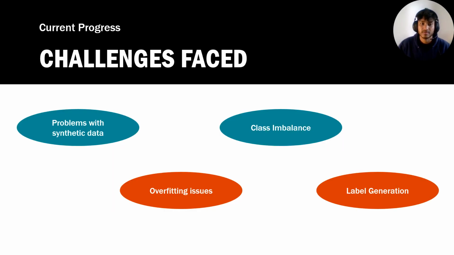We were also faced with a lot of challenges. Most importantly, the overfitting challenges, which were mostly attributed to class imbalance, and the model, instead of learning underlying relationships, was just learning memorized patterns in the synthetic data, which also led to the problem of label generation, because assigning accurate loan labels was difficult, as some of the applicants met multiple loan eligibility criteria while others barely met any, which can make classification ambiguous on real world data sets,